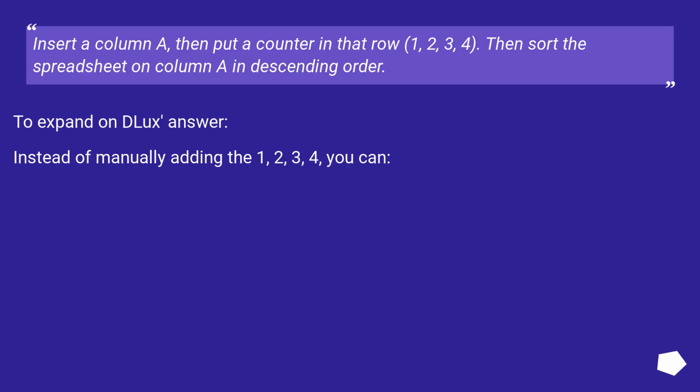Insert a column A, then put a counter in that row, 1, 2, 3, 4. Then sort the spreadsheet on column A in descending order. To expand on Deluxe's answer, instead of manually adding the 1, 2, 3, 4, you can